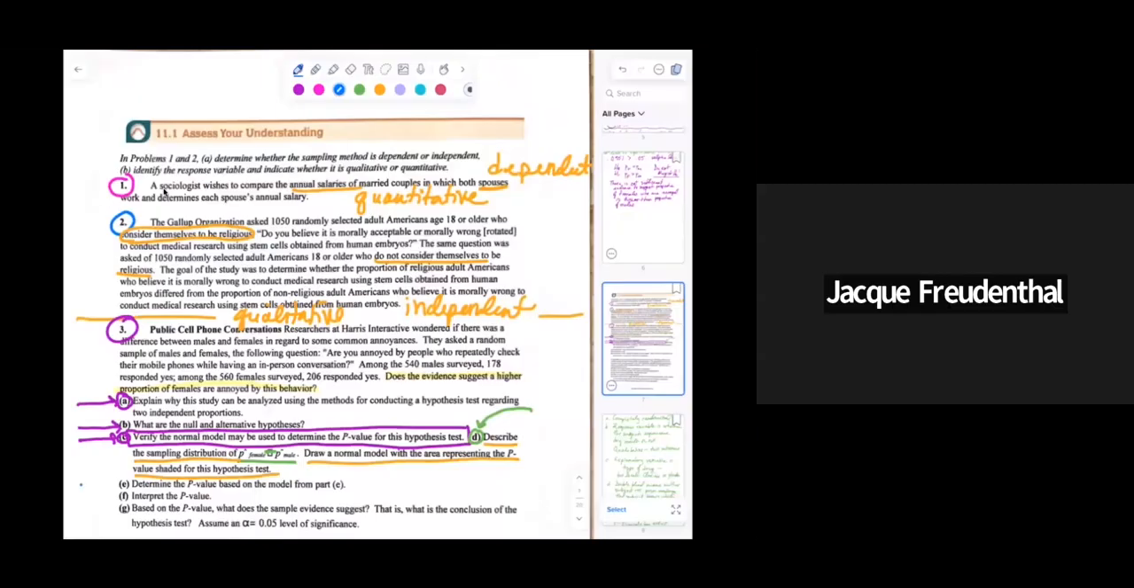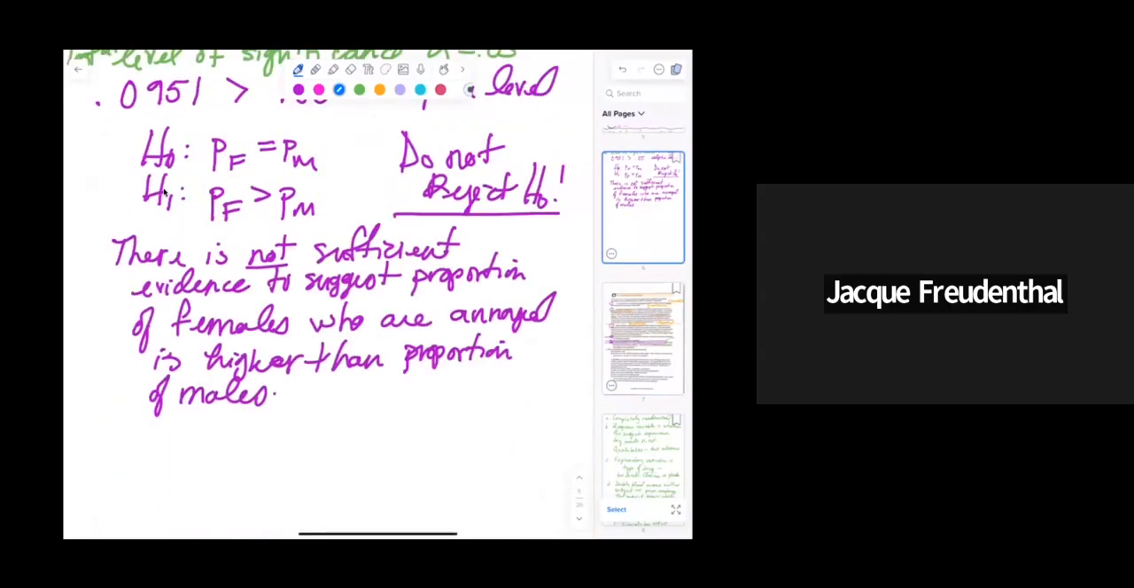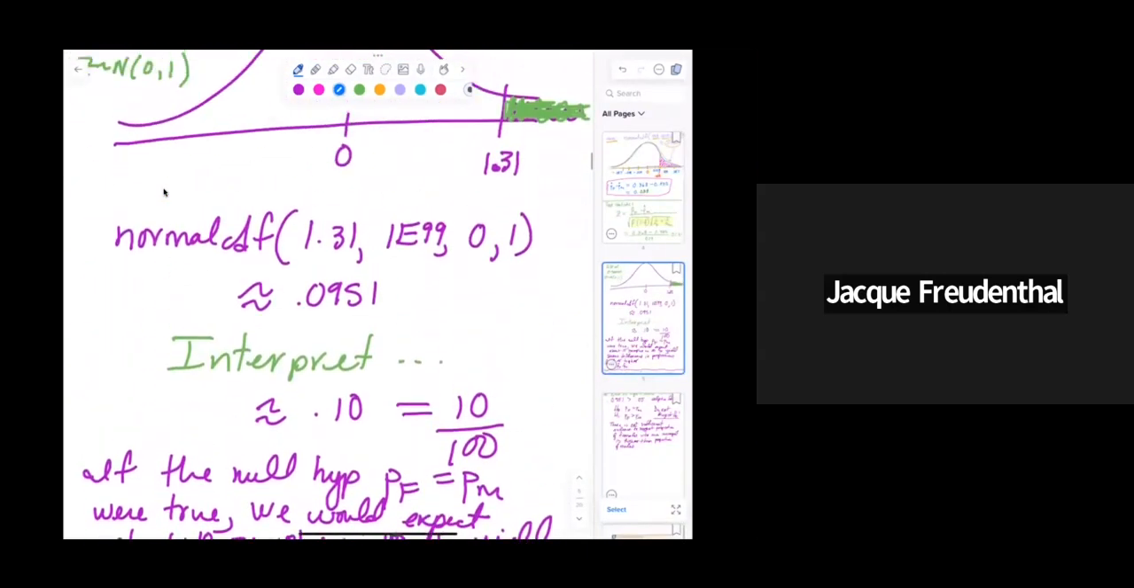Now we're going to look at the hypothesis test. Determine the p-value based on the model from part, and this should not say E, this should say part C. Okay, so I'm going to go back to my notes here. And we are looking at